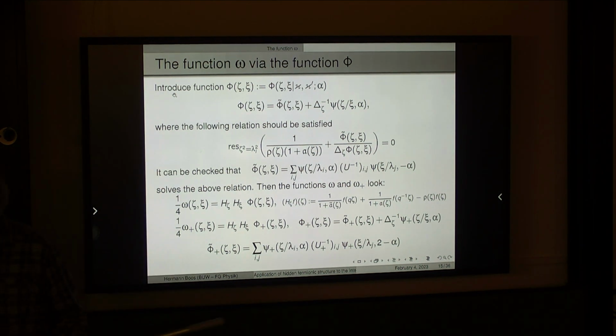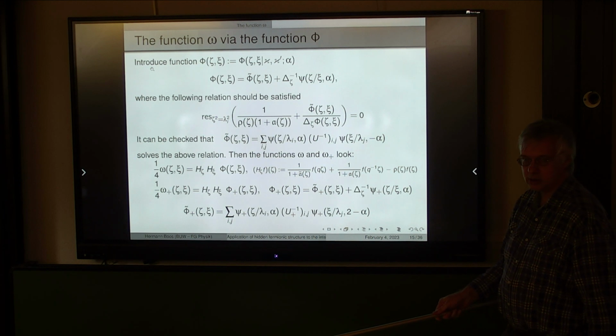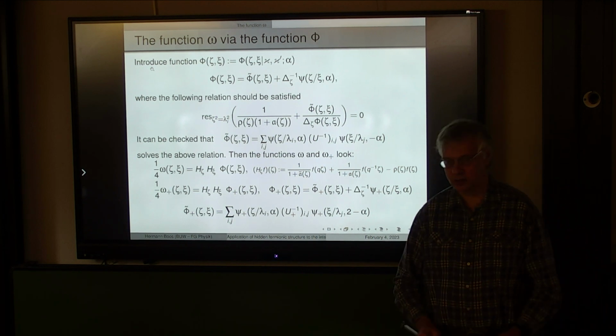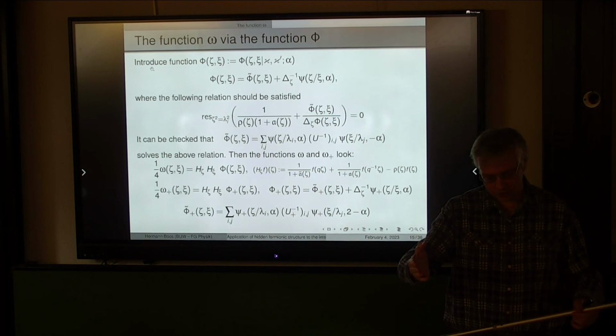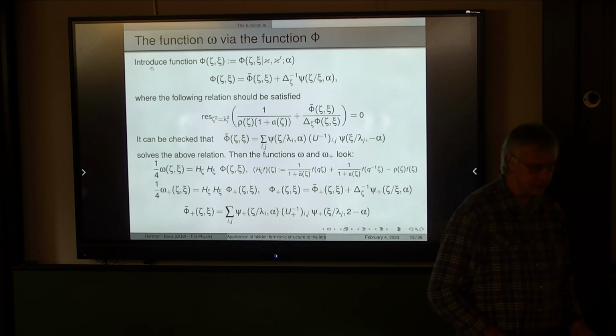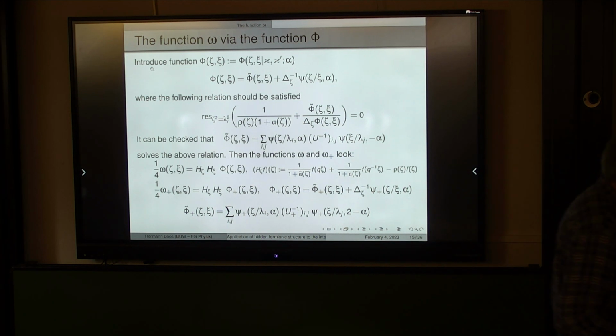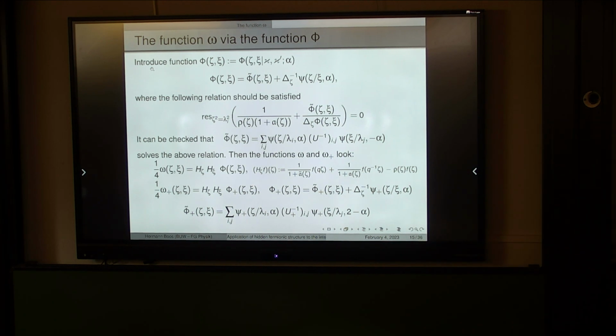Hermann, sorry, you are already showing a second definition of omega. This is the third one. Third one, yes. They are all equivalent, and they all satisfy that integral equation. Sure. And that integral equation is derived from the Bethe ansatz. No, it means that they're equivalent. Otherwise, they won't be. It's a separate equation. That integral equation could be derived via the Bethe ansatz. All that should be satisfied.